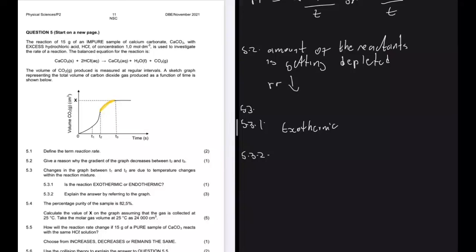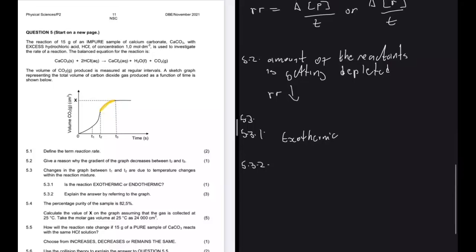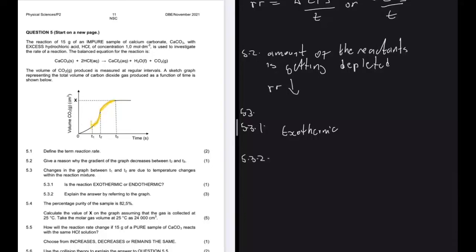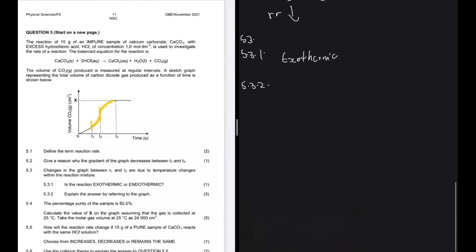And then we know that if we increase the temperature in a reaction, the reaction rate goes up, right? And then from T1 to T2, we have a very steep gradient, which shows that the reaction rate is high, right? So the only time a reaction mixture will increase its internal temperature is if the reaction is exothermic. And then let's move ahead and go to